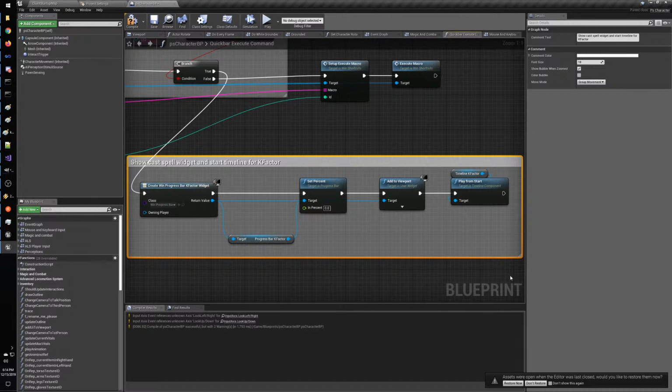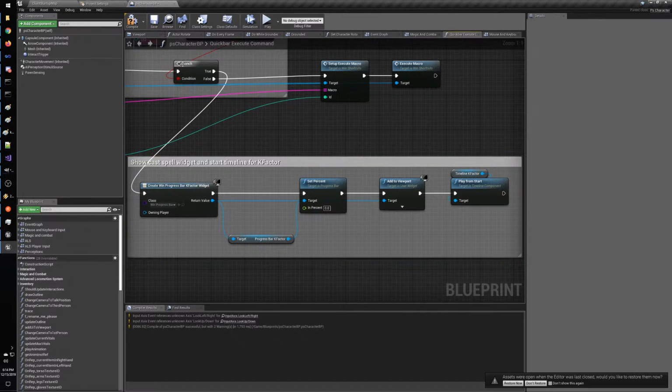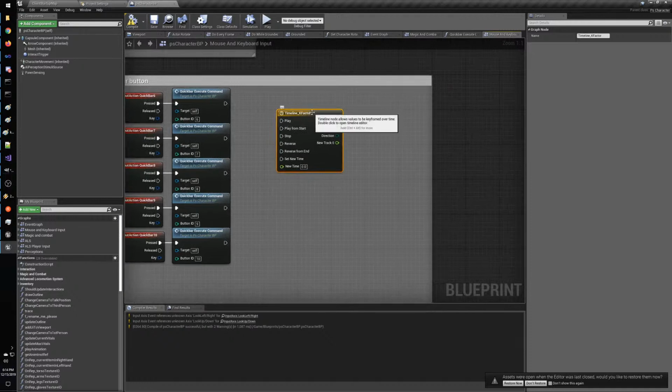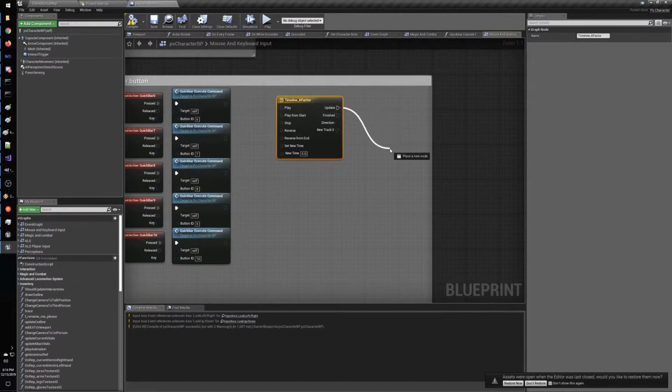Whatever. So now I have my timeline started. The problem is that my timeline is here. So I need to make a function for the update, for sure,